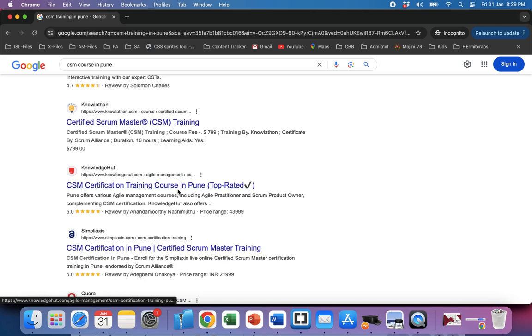But it is not really necessary to cover all three always. Somebody who is searching for a course understands certification training just by seeing the word training; they understand it's a course. So this is redundant. They can eliminate this, add a pipeline and continue with CSM certification training in Pune, and they could have improved their CTR trigger, correct?